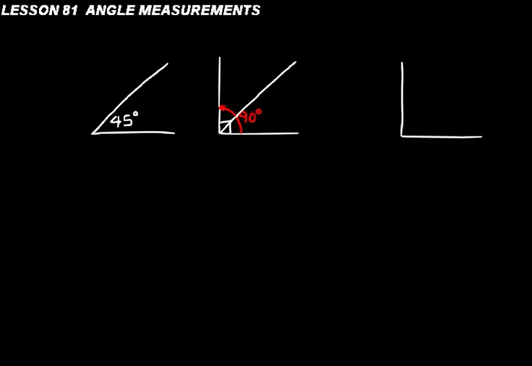Now think about this. If we have two right angles drawn back to back, we would have a 180-degree angle, right? We could call that 90 and 90. That's 180 degrees. That's a 180-degree angle. And we could even just remove